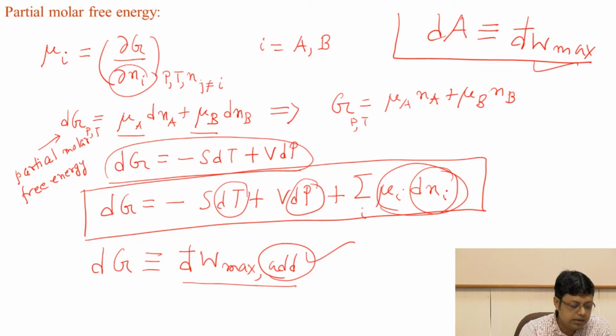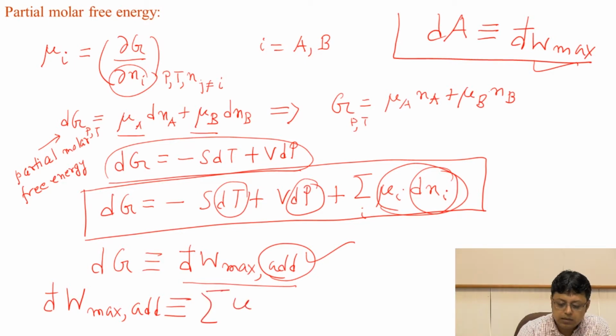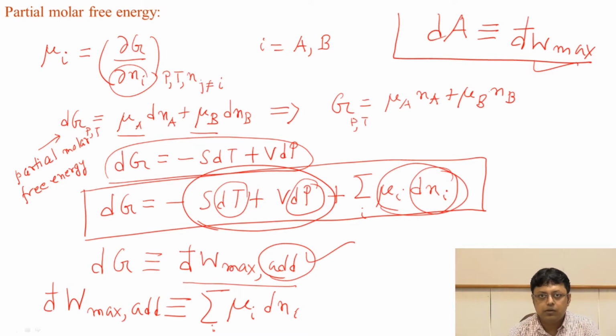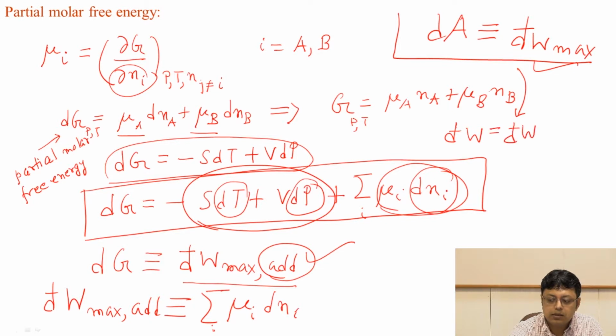and this additional work is nothing but d-cross-W maximum additional work. This is nothing but sum of mu_i dn_i, because remember that if you work it out, you will realize that this part will be equivalent to the work done, which is relevant to the PV work. So when we solved it, we said that you take the d-cross-W as